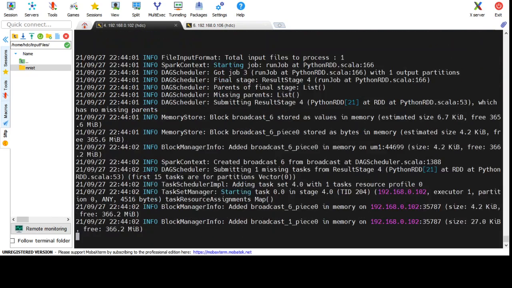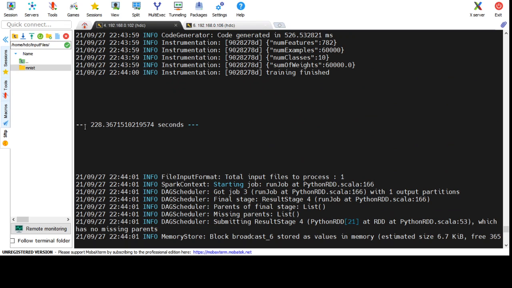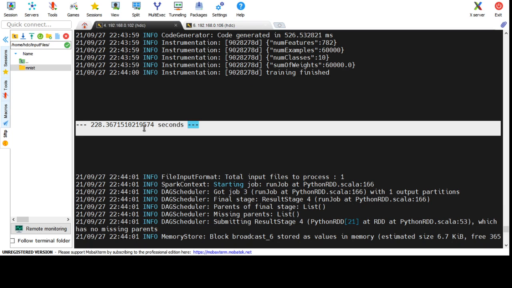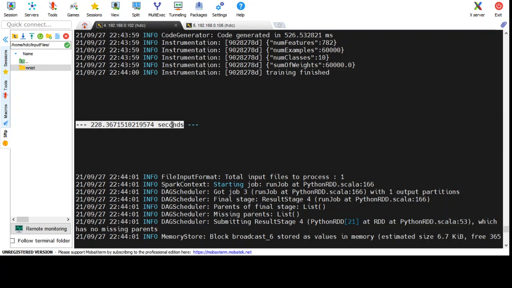See, it has printed the time taken. It took 228 seconds. If I convert it into minutes, it will be around 4 minutes it took in model training.